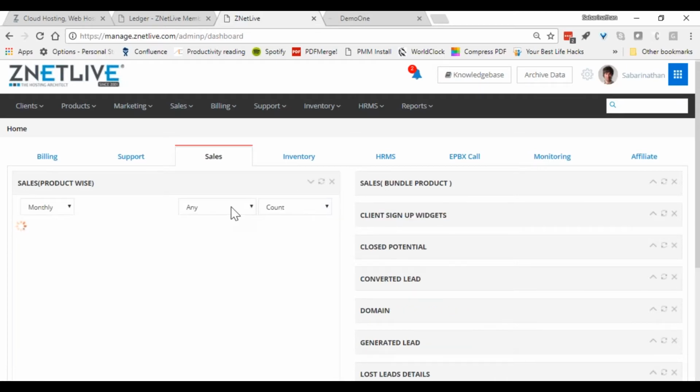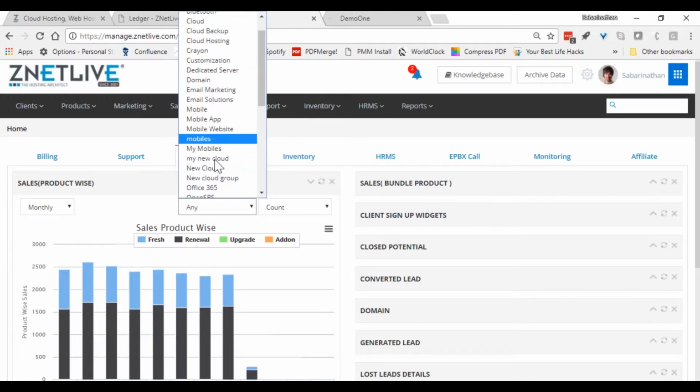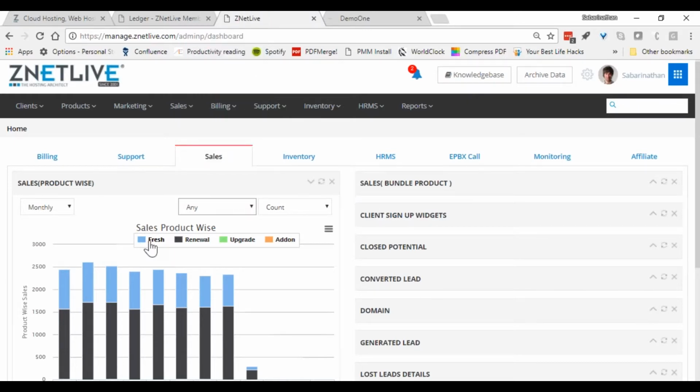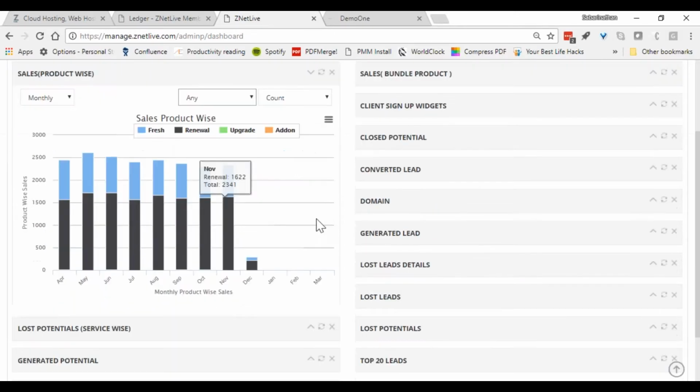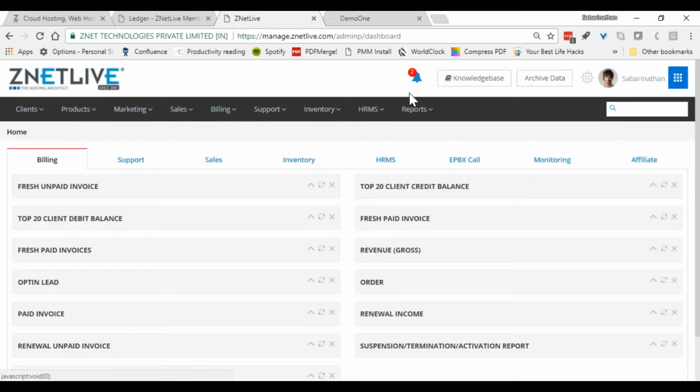For example, if you want to look at how much of your cloud sales you're doing, you can categorize this in terms of total count and volumes, to understand a realistic picture, whether your fresh sales are doing well, your renewal sales are doing well, your upgrades are doing well. If you look at it here, renewals are showing a stronger pattern, right? So you can start working with your sales team to understand what help you can offer them to win more new business, right? I'm just giving you a glimpse of the dashboard reports available. There are plenty of reports available. One day is not sufficient to showcase everything to you.